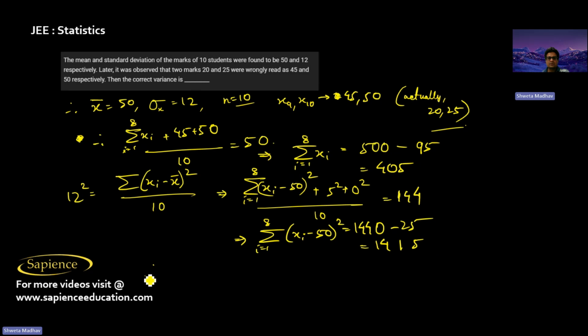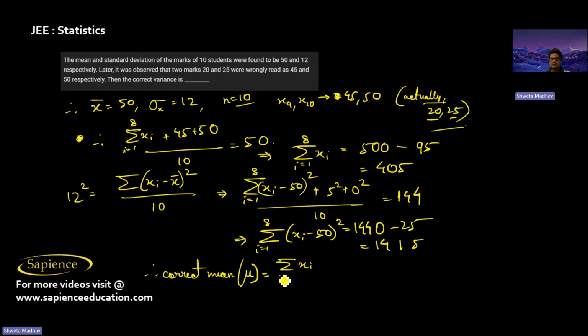315. Now, therefore, the correct variance will be equal to summation i goes from 1 to 8 of (xi minus 50) whole square, plus the actual values should be 20 and 25, and then the new mean. So we need to find the new mean actually. This will not be 50. So we need to find the correct mean. Let's call the correct mean as mu. So mu will be equal to